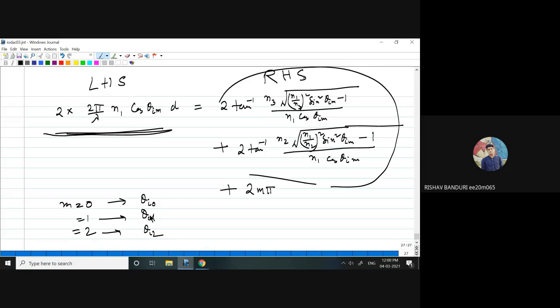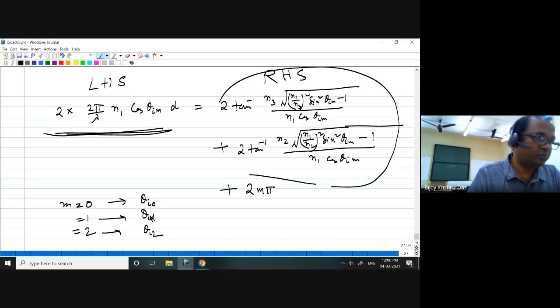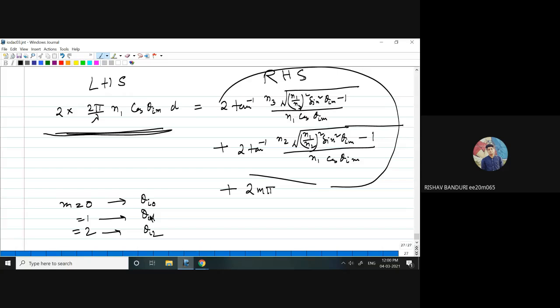Sir, I have a question. Yes. Sir, while solving assignment problem 1, phi as a function of theta, I observed that we are getting a different curve for the TM wave and the TE wave. The result is that the phase change for the TM wave is larger than the TE wave when theta is between theta C and 90 degrees. Sir, what is the physical interpretation of that?